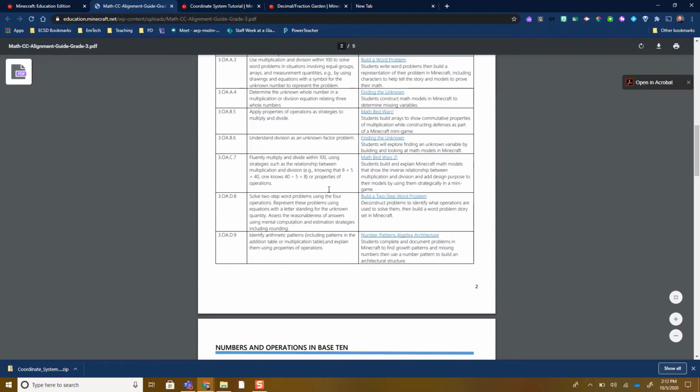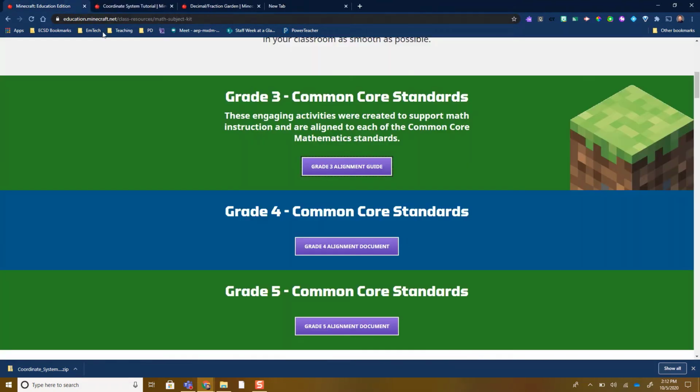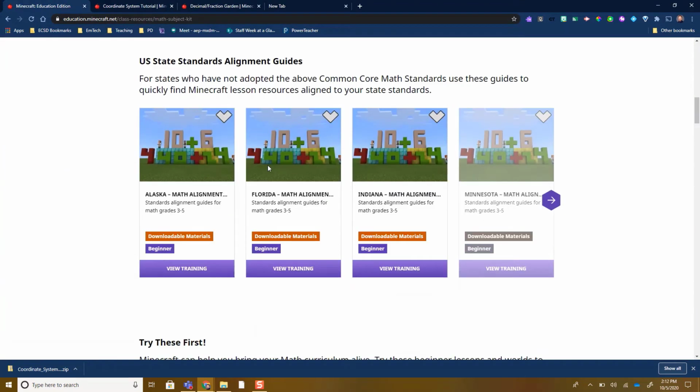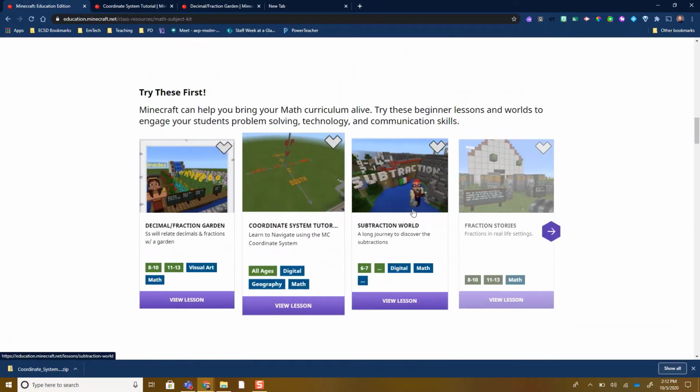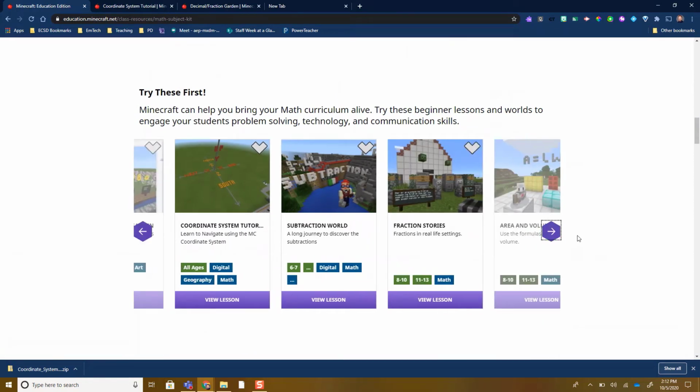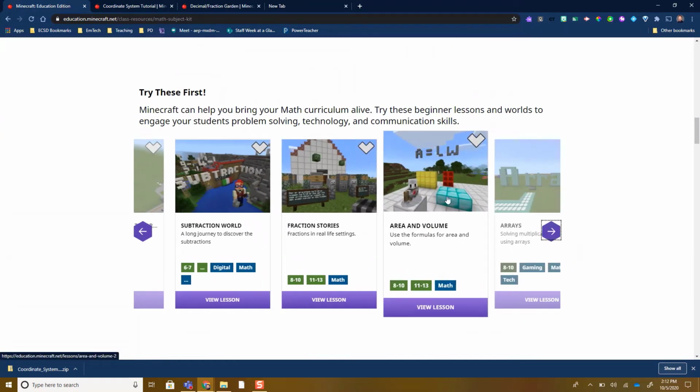So I do encourage checking out those curricular guides, and again, making sure that it correlates with our program of studies. All right, so basically they have a ton of different lessons here. I'm going to draw your attention to one in particular here. Let's say I was teaching area and volume. Well, at any time I click to view the lesson,